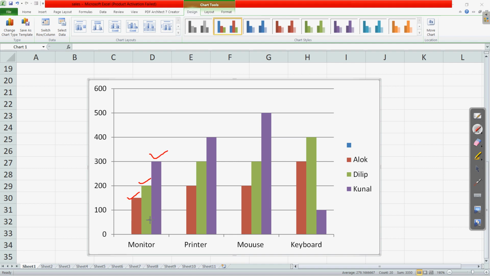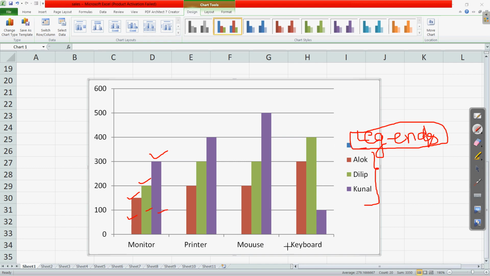Clear? And these different colors, which are red, green and blue, denote the meaning here. So we have seen that this has a name. This is called the legend. Clear? When we were discussing the different terms related to the chart, we discussed that this color explanation or definition is called the legend.